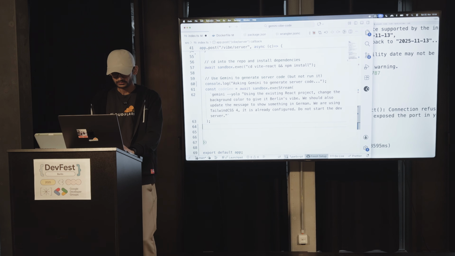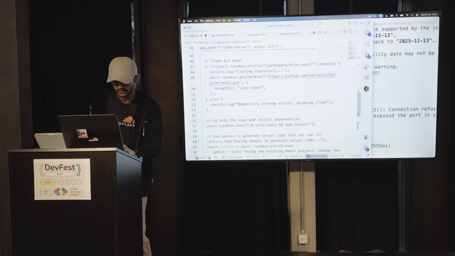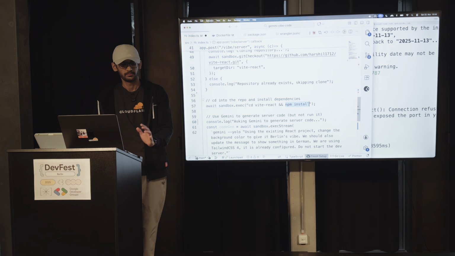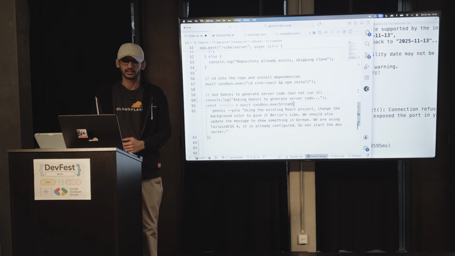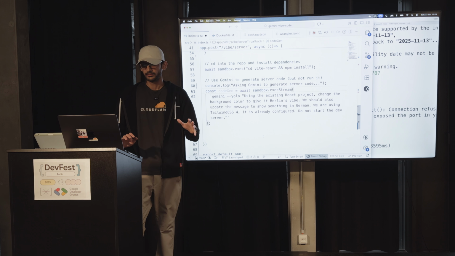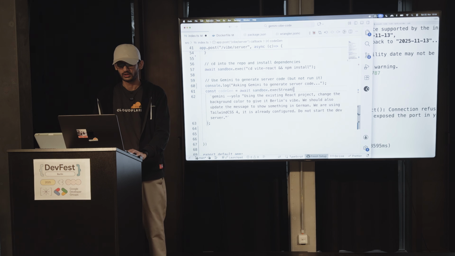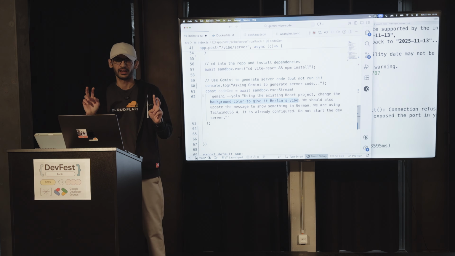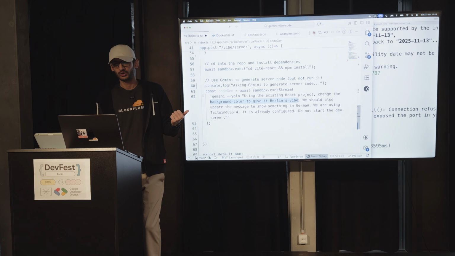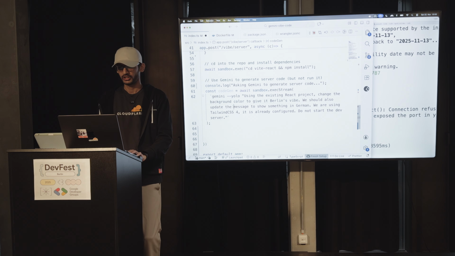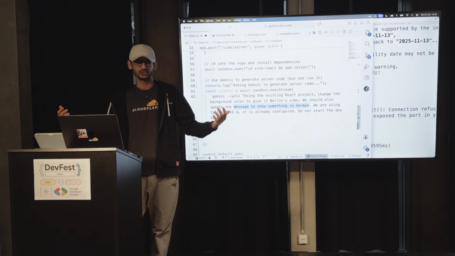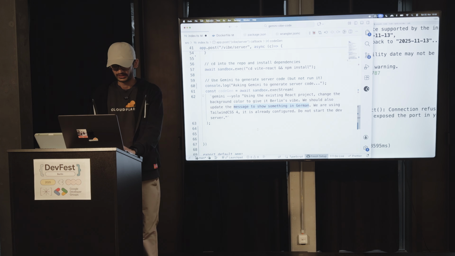So we're now going to move into that particular repository and install the packages. The next thing I am doing is asking Gemini to do some stuff for me. Over here, to keep it simple, I asked Gemini to change the background color and give it a Berlin vibe. I want to see what Gemini thinks a Berlin vibe is. And I am also asking it to show a message in German, because right now it's a simple hello world with a white background, not so fancy. Let's see what Gemini would come up with.